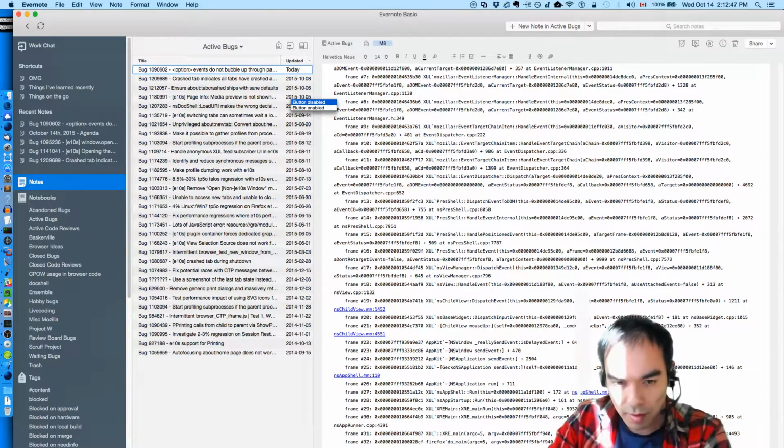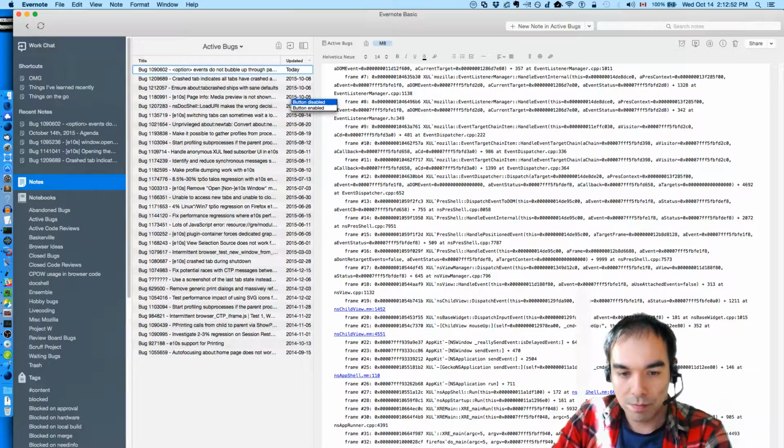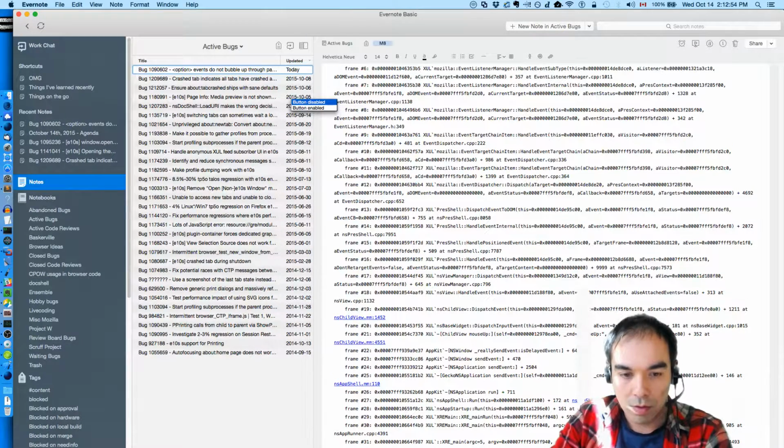Okay. First things first. NS combo box control frame equals the thing in content that you click on that shows a pop-up.